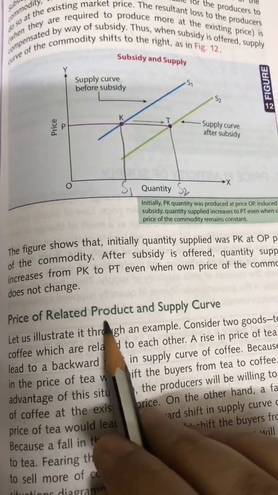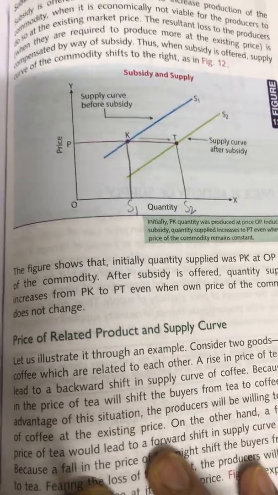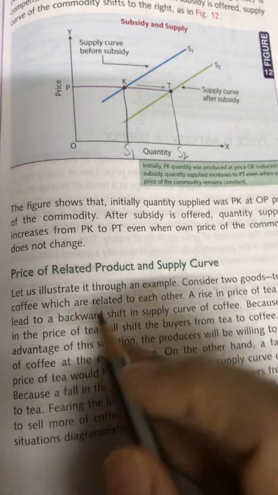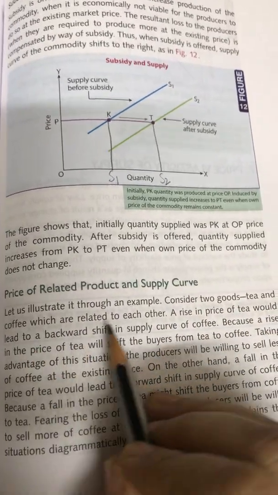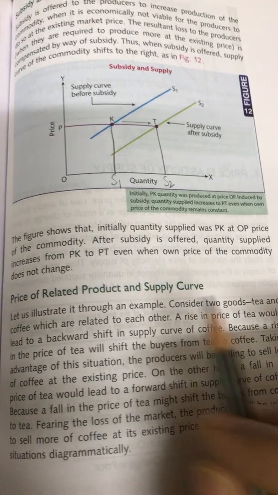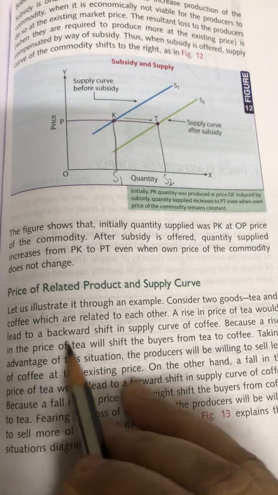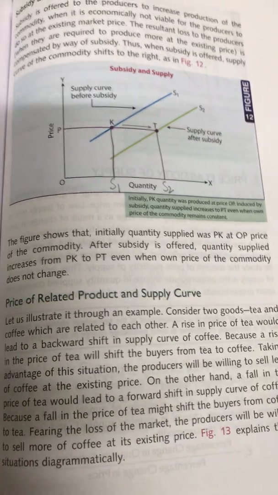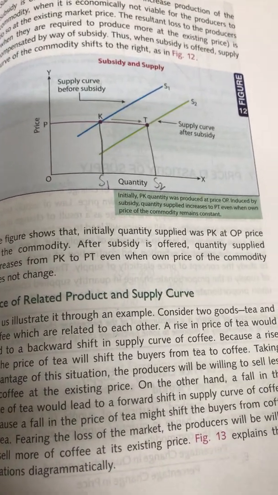Now, price of related product and supply curve. This is something which we have discussed even in the supply function, where the price of coffee and tea is affecting the supply. Okay, so you can see here, considering two goods, tea and coffee, which are related to each other. Please listen very carefully, children. Now, a rise in price of tea would lead to a backward shift in supply curve of coffee. We discussed this. If there is a rise in the price of tea, okay, the supply of coffee is going to